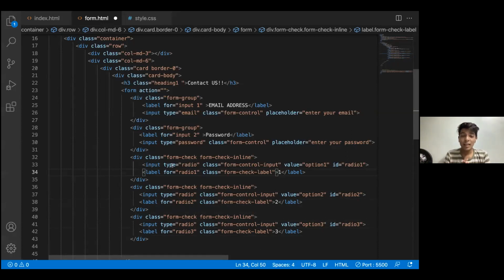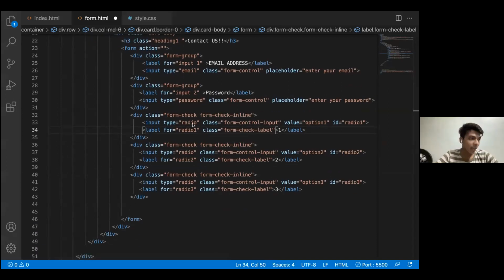The type in the input part indicates which type this is. It is a radio button. So I have given a type of radio, which is provided to me by Bootstrap itself. It's nothing that I have made or am going to style out. It's just that there is a type of radio which I have been provided with by Bootstrap. So I'll be using a type of radio. I won't be changing the type here.